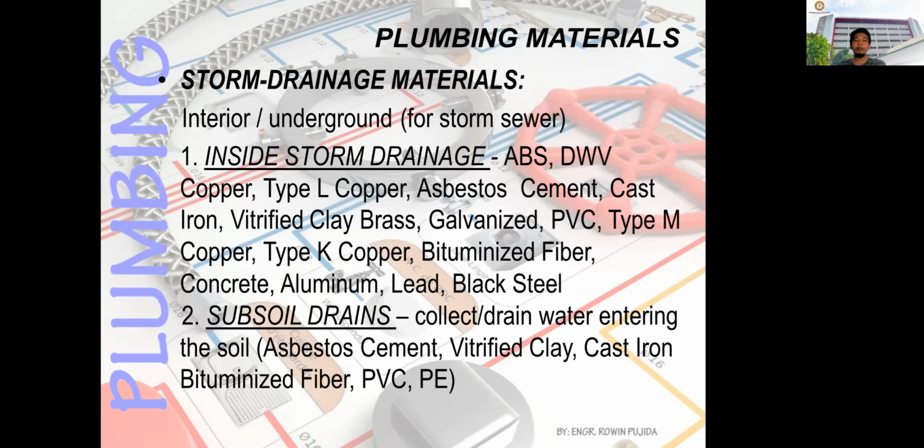Okay, so for the storm drainage materials, this is for the rain water, coming from the roof, then to your gutter, and then to the catch basin. So this is interior or underground for stormwater. Inside stormwater, you can use ABS, DWV copper, Type L copper, asbestos cement, cast iron, and